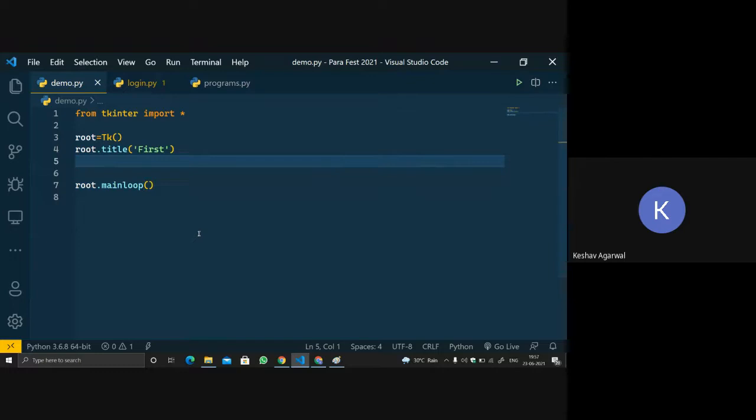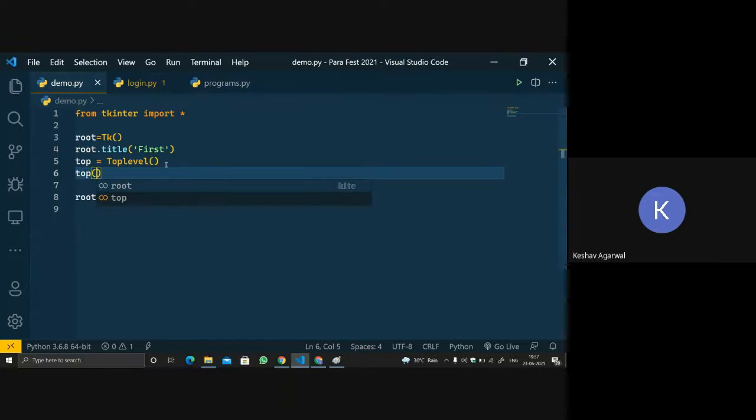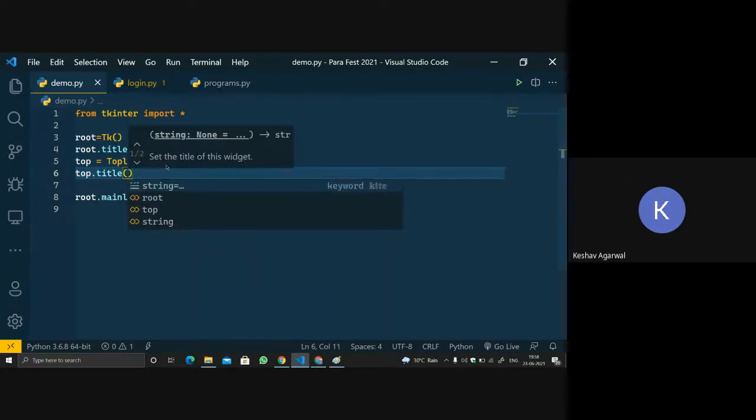This is the first, and then we will paste it. The Toplevel function is used to create a new window. So top, and then top dot title is, let's say, second.